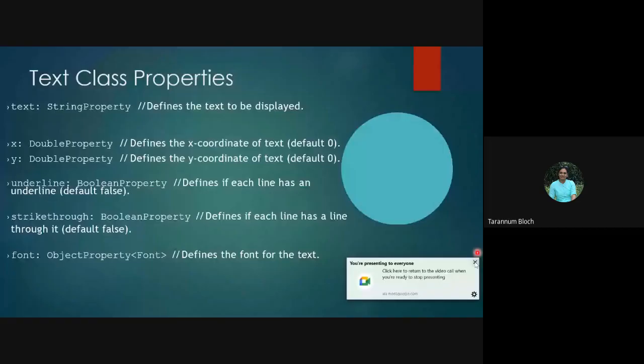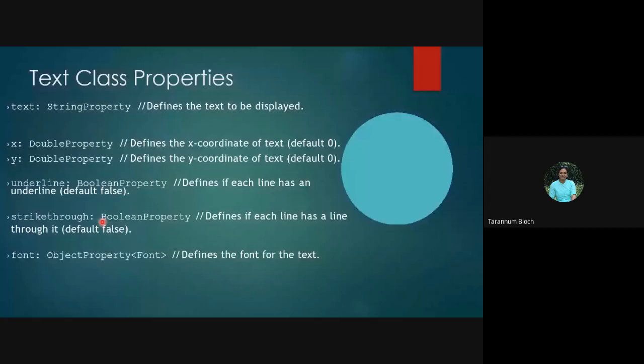So we have the strike through property. It is again taking the Boolean value because it's a Boolean property. By default, it is false, and that's why whenever we take any text, it does not come with strike through and underline. Underline and strike through both are by default false. Along with that, we have the font property, which is a Font object, where you can define what type of font you want to use, whether Arial or Cambria, whatever type you like.